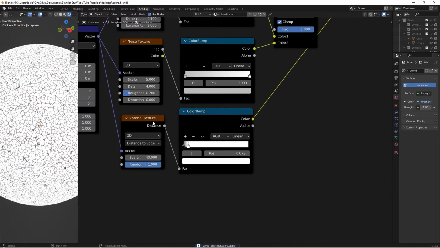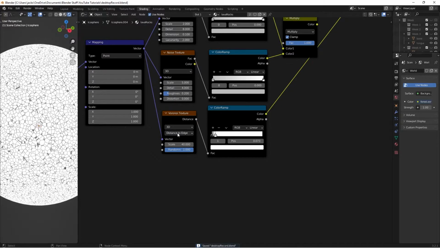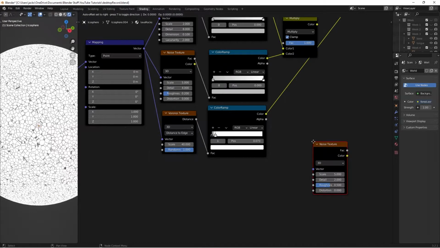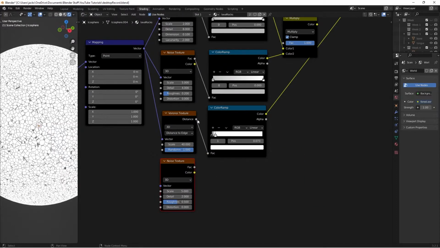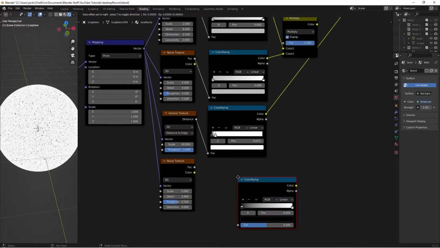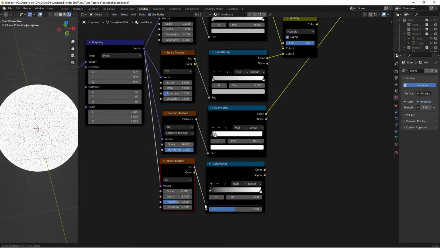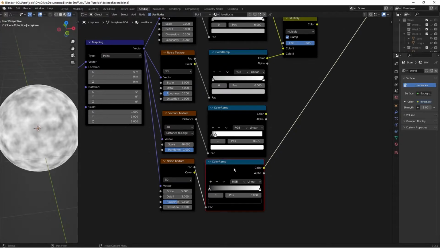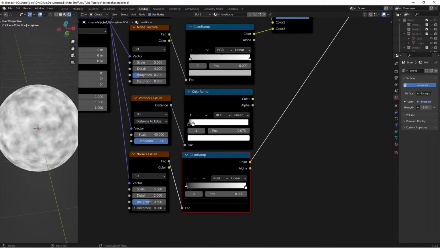Anyways, next we're going to be hitting Shift A and search up a noise texture. And what this is going to do is we don't want these rocks to be everywhere like they are, so this noise texture is going to be deciding where they are and where they're not. So we'll press Shift A, search up a color ramp, plug the factor from the noise texture into the color ramp, Control Shift left click to preview, and we're going to just be switching the distortion on the noise texture